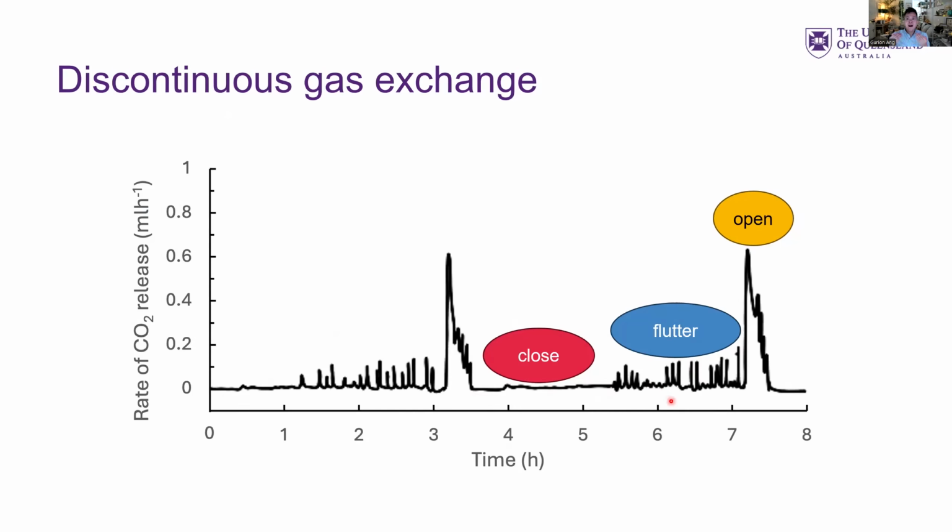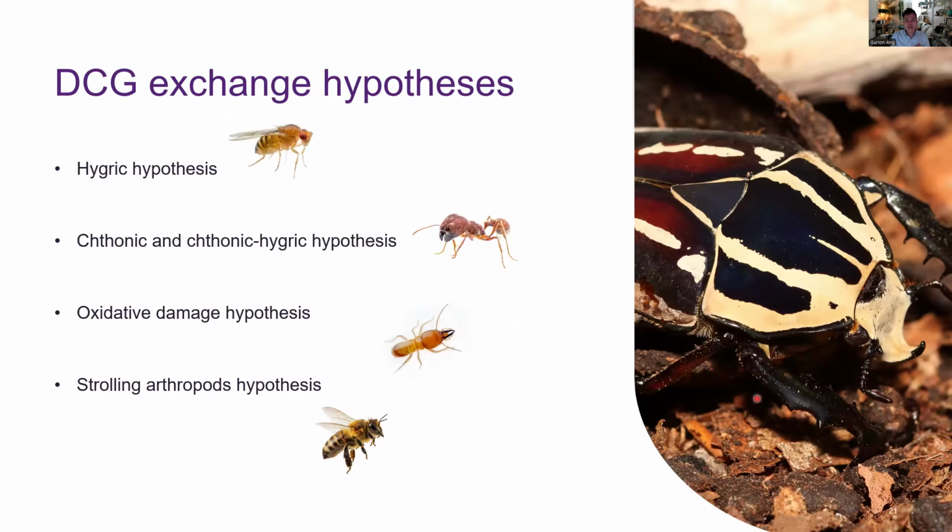It'll be something like this. So you're actually getting more oxygen in, but less carbon dioxide coming out. That's the flutter phase, right? And it'll make you feel comfortable for just a few seconds, but it will get to a point where you just want to go, and let all of that carbon dioxide out, right? So that's the open phase. So hopefully that's a nice way to think about discontinuous gas exchange if you physically experience what perhaps an insect might be experiencing. Now, there are some hypotheses for discontinuous gas exchange,